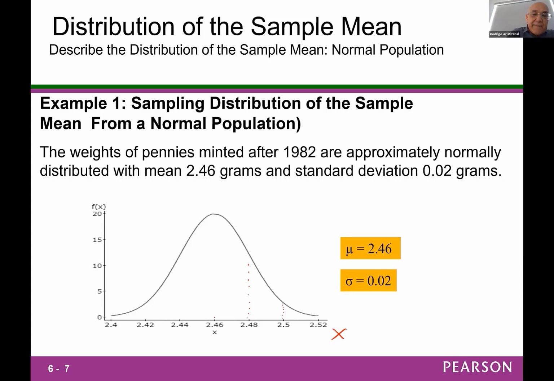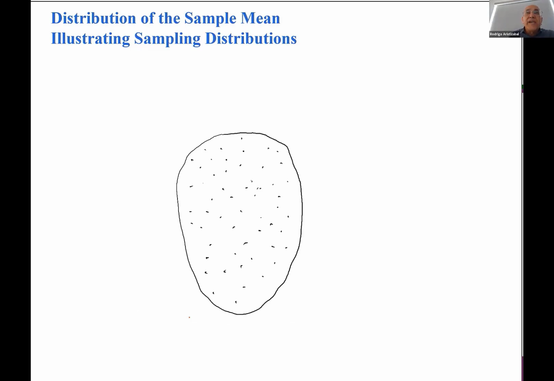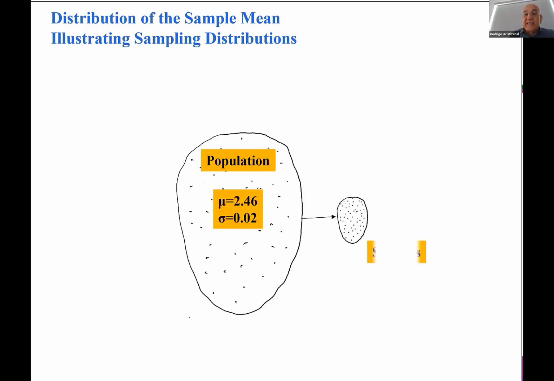Actually, there are a high column of pennies that weigh exactly the mean. Now we are interested not in the sampling distribution for individual values, but the sampling distribution for all possible sample means when my sample size is n. When the sample size is n, we are interested in X bar if we want to analyze the sampling distribution